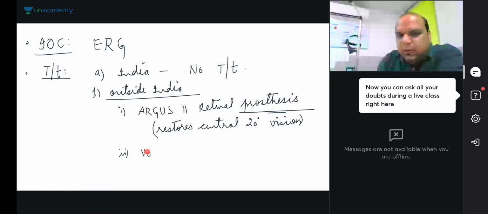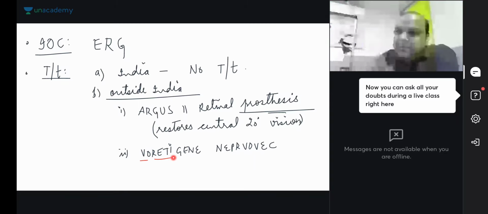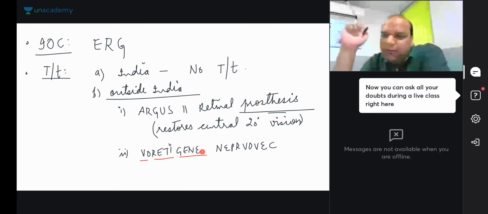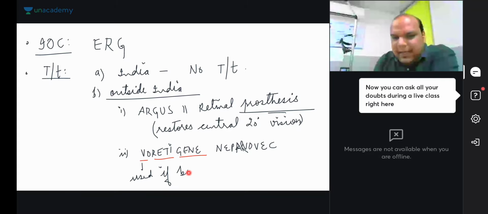The drug is known as voretigene neparvovec. Voretigene neparvovec. Very easy to remember, everybody, if you understand Hindi. वो वाला रेटिनाइटिस पिगमेंटोसा का जीन। ओके एवरीबॉडी, वो वाला रेटिनाइटिस पिगमेंटोसा का जीन खराब था, उसको ठीक कर रहे हैं। वो रेटिजीन निपार्वोवेक, एम आई क्लियर एवरीबॉडी ना? वो वाला जीन, कौन से वाला जीन? ओके, यूज्ड इफ बाय अलीलिक